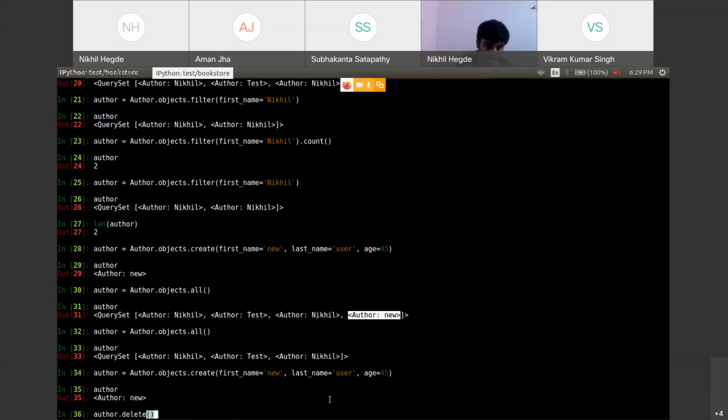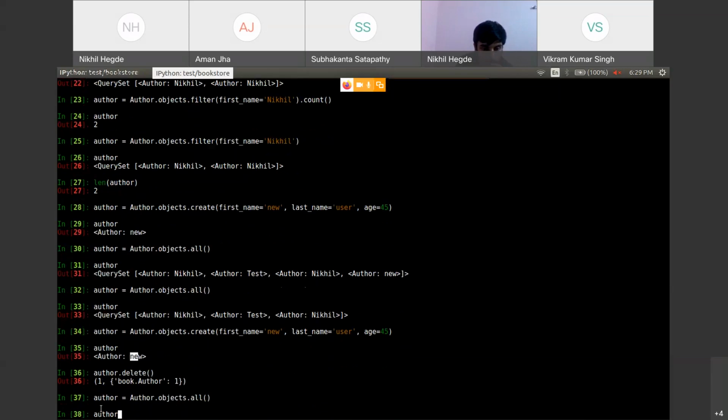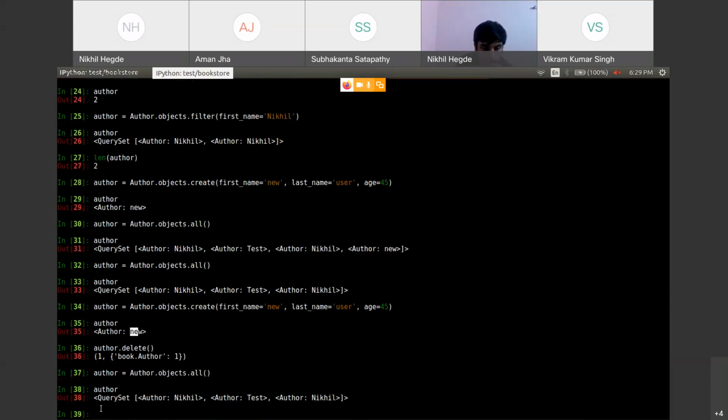What it does is it will delete this user object. So here the output will be how many entries got deleted in this table. There is only one entry with new, so this got deleted. Now if I do author.objects.all, yeah, you can see that new has already got deleted.